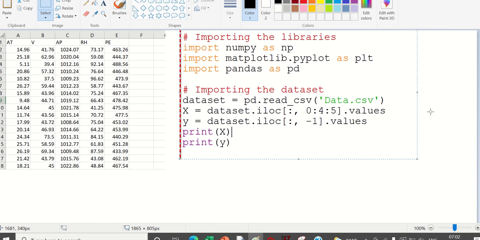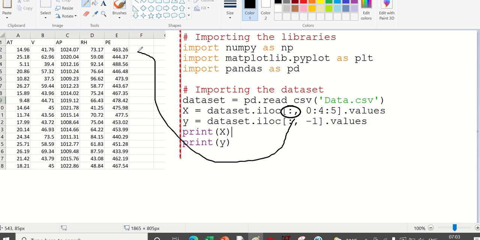Now, what does this say here? This part before the comma says I want all the rows. So one row, second row, third row, fourth row, fifth row, all the rows I am interested in. I need all the rows, correct?